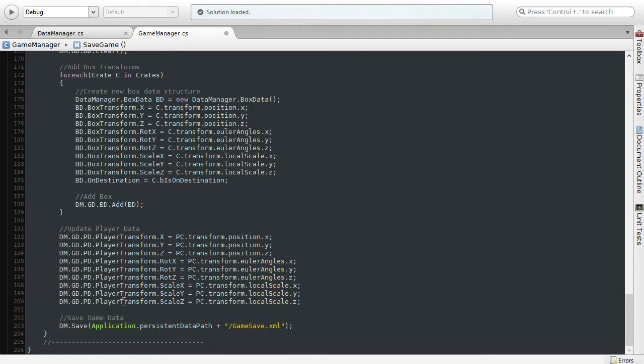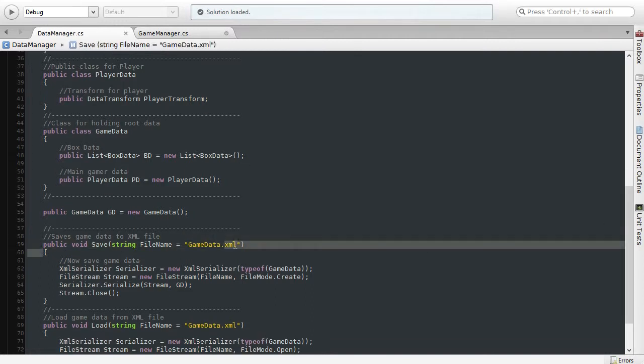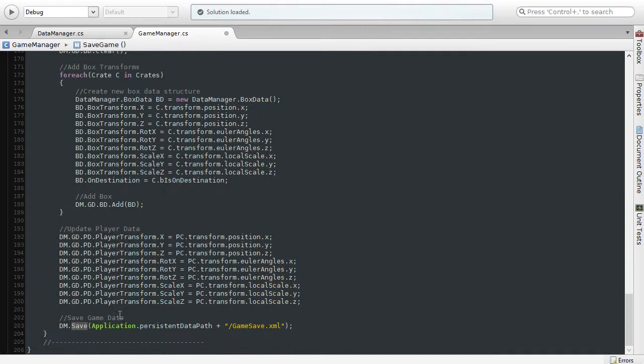And it's important to see how we're doing this. We're calling on the data manager save function. If I switch back to the data manager save function and I scroll down, you can see we've got the save function that we've coded here previously, and it accepts an argument to a file on the computer, an XML file that we're saving to. I'm going to jump back to the game manager, and you can see how we're piecing together this local save position here. We've got the gamesave.xml file, but notice that we're prefixing it with